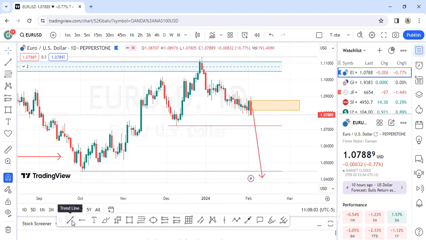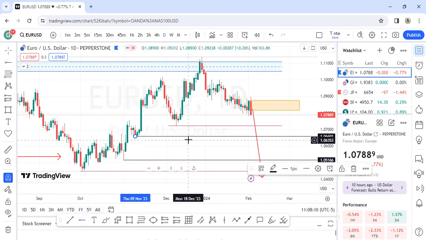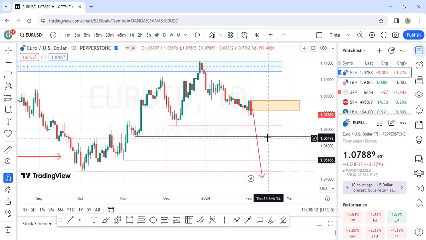I have all this liquidity resting here. We have all this liquidity. So it's nice to see the market break down. It's beautiful to see markets break down. Just keep smashing on this liquidity point, and that would be nice.